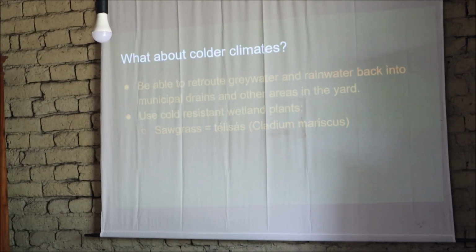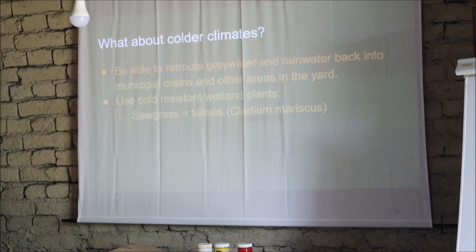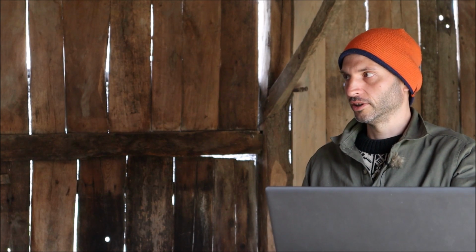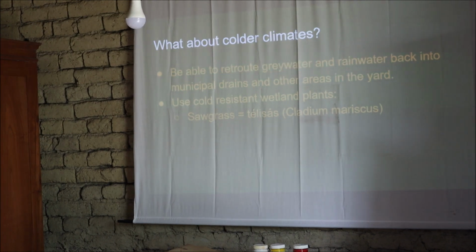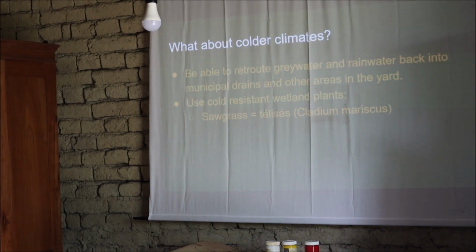And this is one that I discovered. It's not in any of the books. I was just looking around at plant lists and I found one that is actually one of these grass type plants that grows in the marsh. It actually grows in a lot of places, but it's usually not found in the stores. You have to find it, and if you go to Wikipedia, you can find it, and you have to identify it in the wild somewhere and get that plant. It survives in the winter. It remains green and will photosynthesize and clean your water even then.